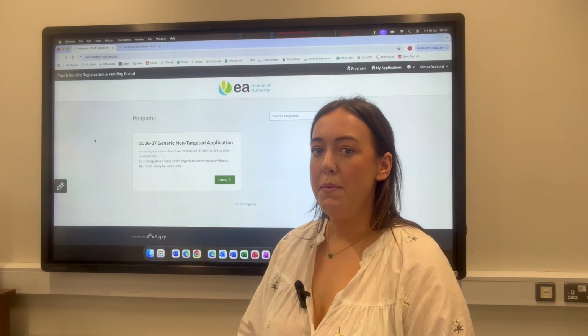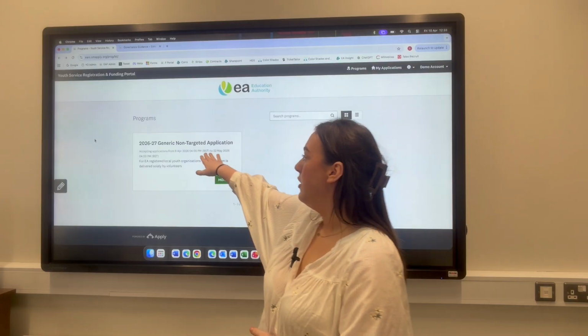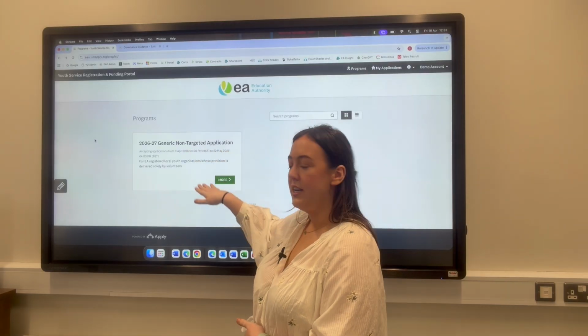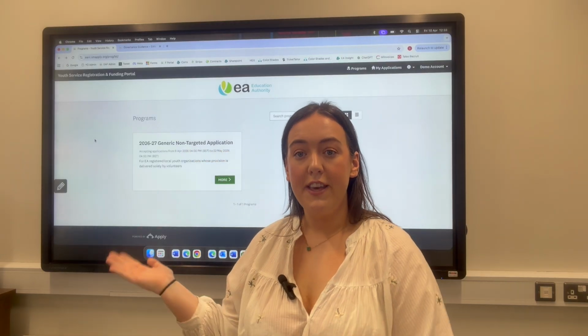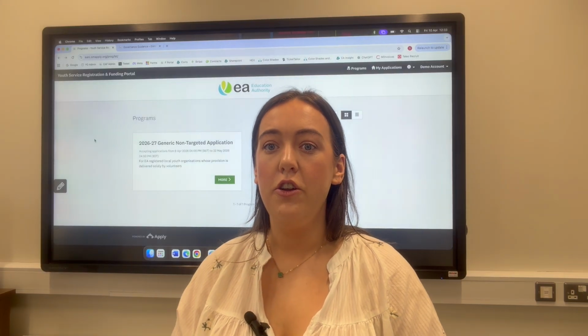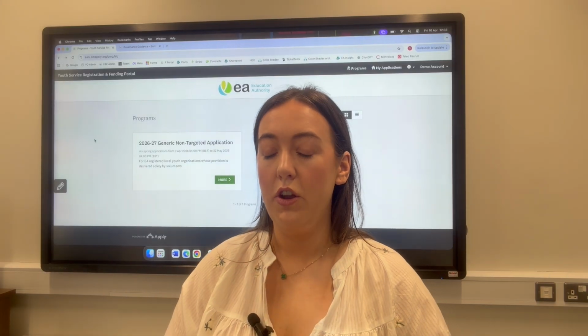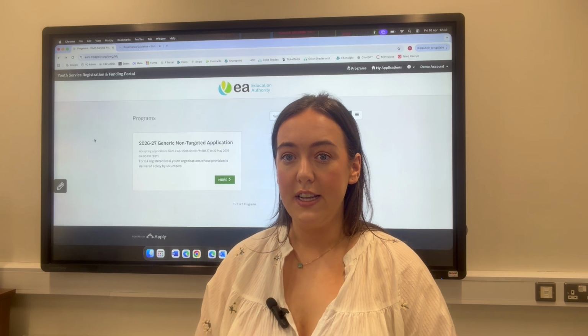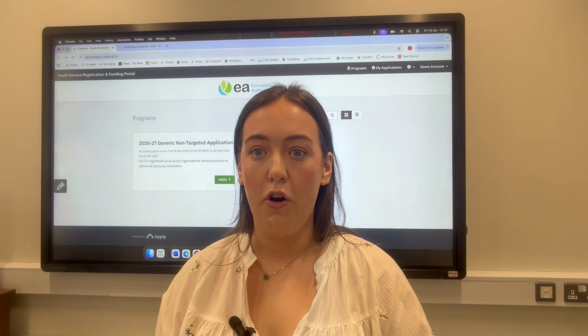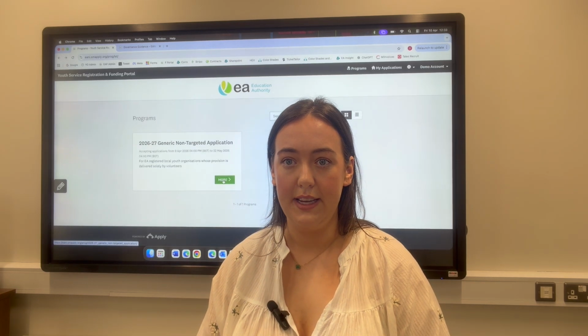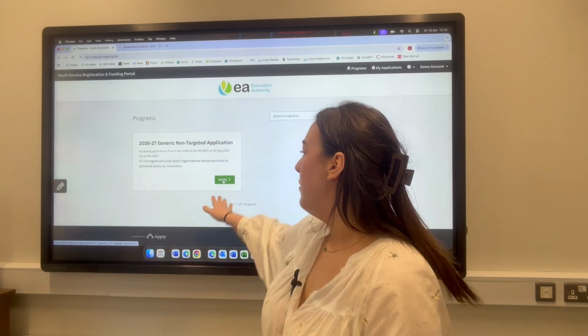The first screen you're going to be met with is this screen here, which shows you the generic non-targeted application and the green button for more. If this does not appear on your screen, then you've not selected that you are a local voluntary youth organisation, and this funding stream is only available to those who are registered as a local voluntary youth organisation. So when this appears, you want to hit more,